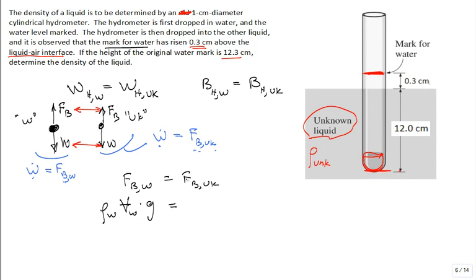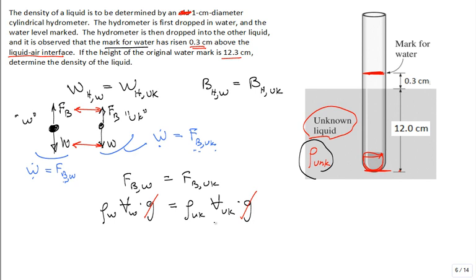And then I'll come over here and ask, would that similar equation work? The density of the unknown fluid, that's what I'm trying to calculate, times the volume displaced by the hygrometer in the unknown fluid, times g. Can I cancel the g's? Can I cancel the rho's? No. Can I cancel the volumes? No, no, no. So I know I have to figure out this relationship, but the